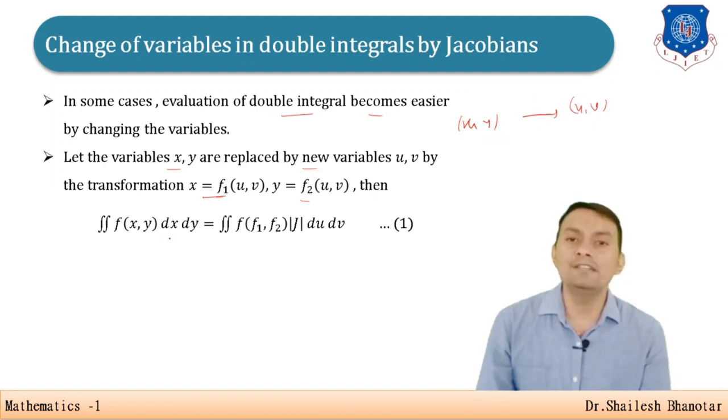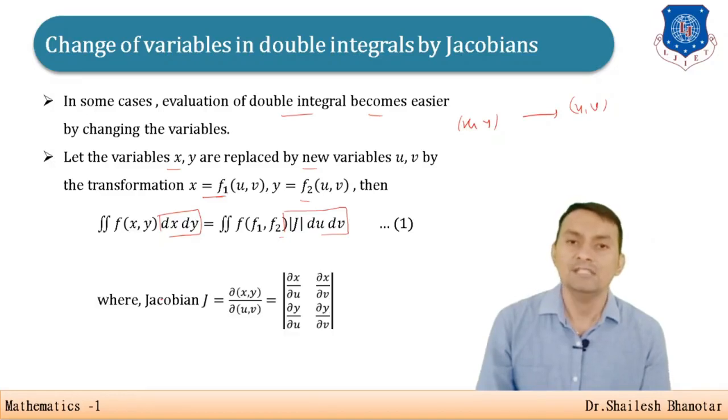In that case, what we need to consider is that dx dy will be the absolute value of the Jacobian J into du dv. So here, what is J? It is quite interesting. We are transforming xy to uv, so our Jacobian J will be del(x,y) divided by del(u,v). It is defined by the determinant of del x by del u, del x by del v, del y by del u, del y by del v. When you find the partial derivatives of x and y with respect to u and v and simplify, you will get the Jacobian J.